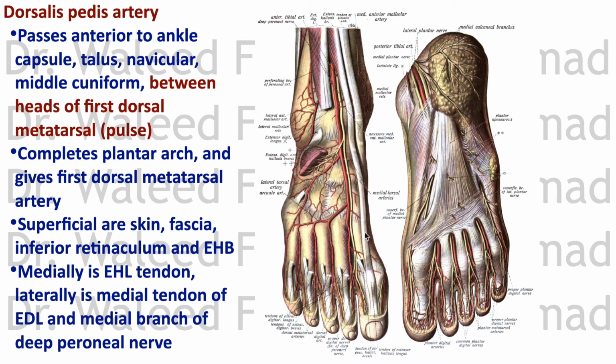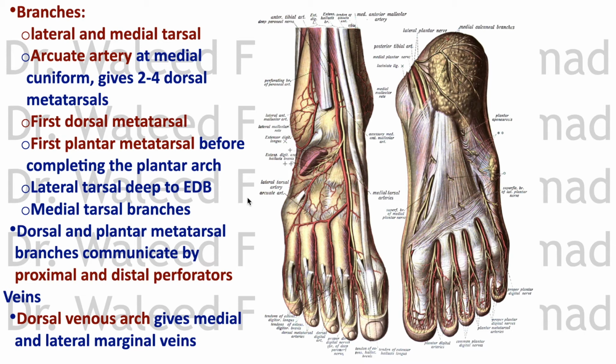Don't count on the drawings, please, because they are not accurate, especially in the relations between the vessels and nerves. Lateral to the artery is the medial branch of the deep peroneal nerve, not as shown here. Okay,